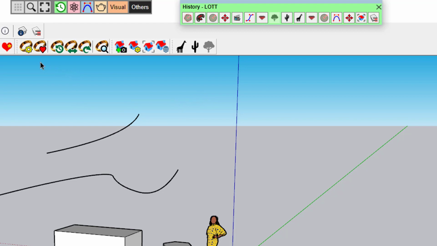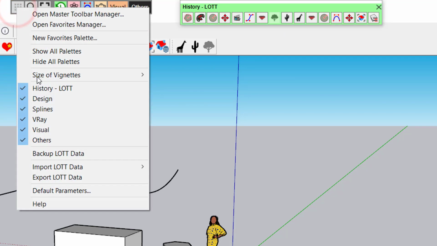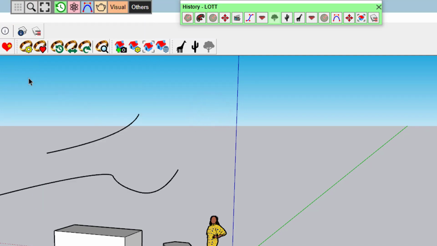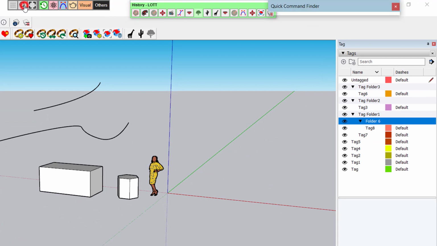Two extra features, and most features can be accessed by clicking here. You get a menu of the various things that we will explore in this video or in other videos. You have a quick search, a quick command finder.